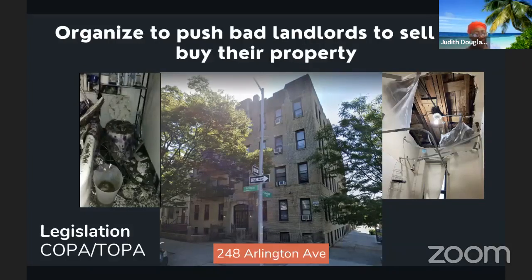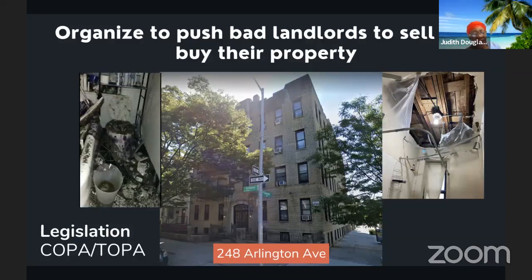How is this going to work? Legislation can help. So we have COPA and we have TOPA. COPA is the city legislation, and it stands for Community Opportunity to Purchase Act. And then you have TOPA, which is a state bill, and it stands for Tenants Opportunity to Purchase Act. So you have the tenants and you have the community, two different versions. These bills